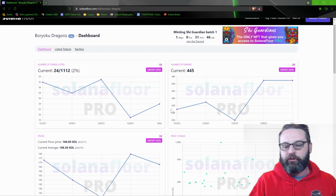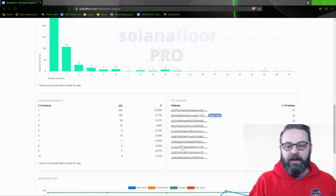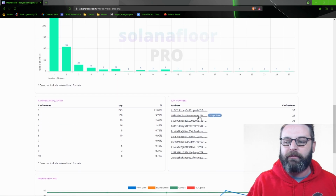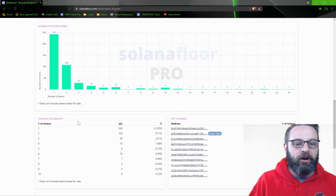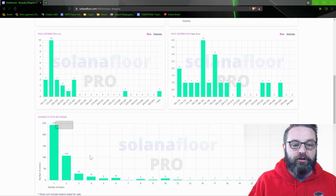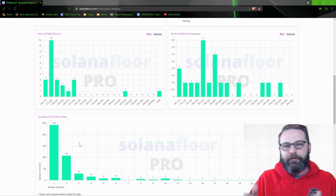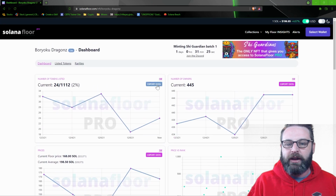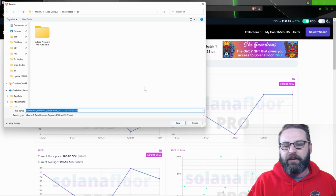This is not going to be all historical data or monthly data. Beyond that, you get some of the insights, or a lot of the insights, that you would have gotten before, like the top 10 owners or the percentage of owners by quantity. You get some broken down aspects of how many NFTs of this particular project are in an individual wallet. You get some floor insights, which is pretty great. And of course, like always, you've got the ability to export the data